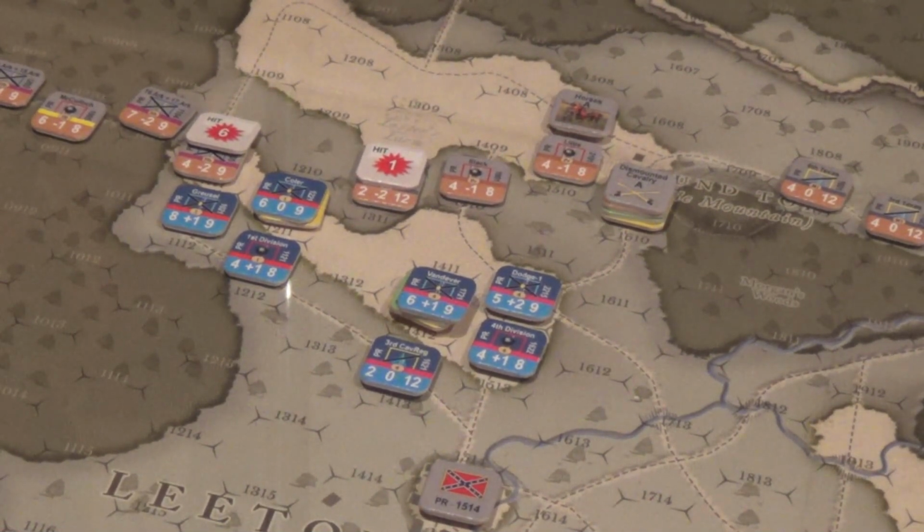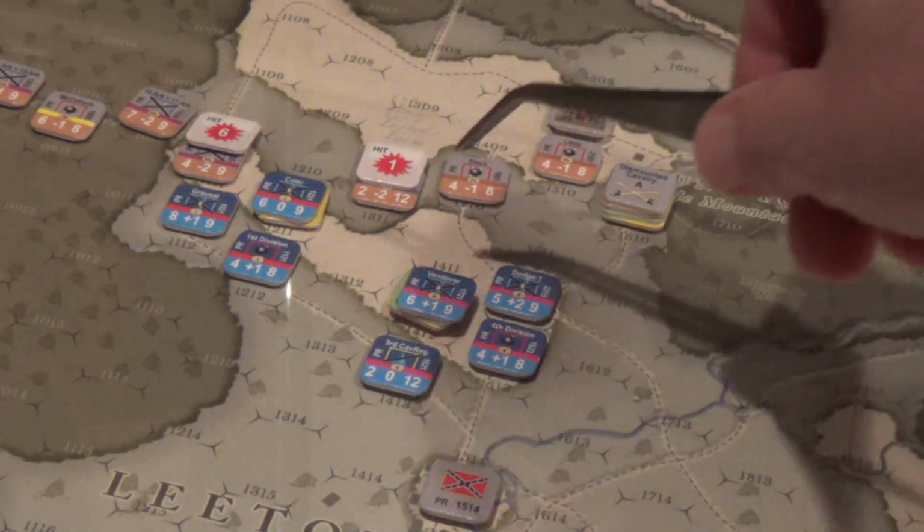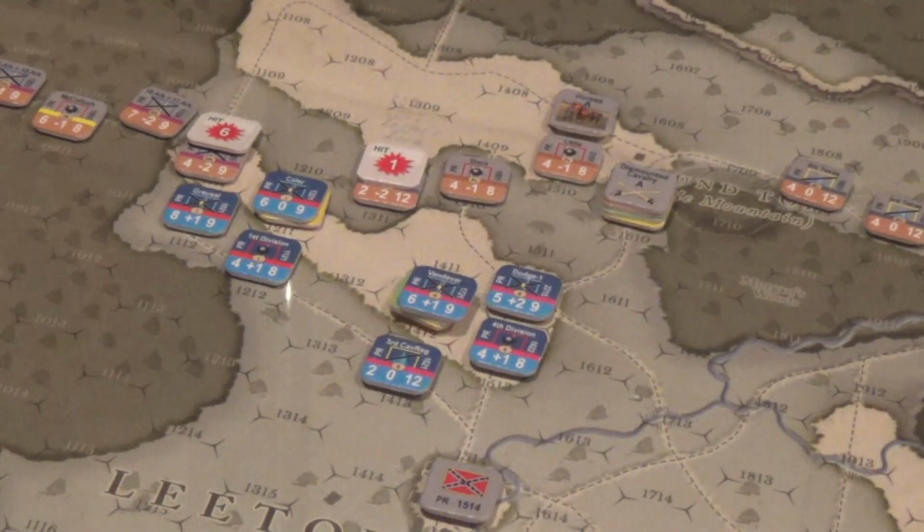Oops. They have 4. It's a 1 to 3 and -2. They need a 1 to hit. 2, 9, 7, 7. Nothing. He has 2. He's firing. He is cavalry